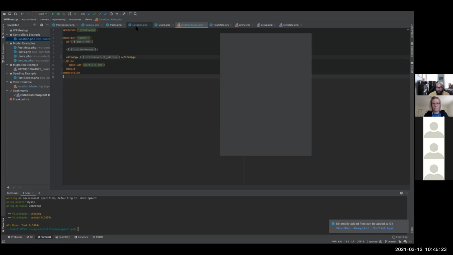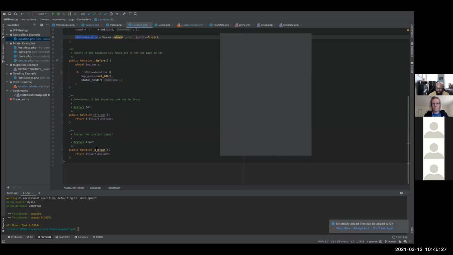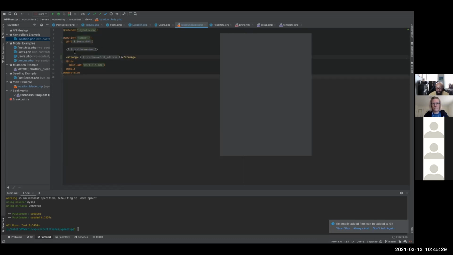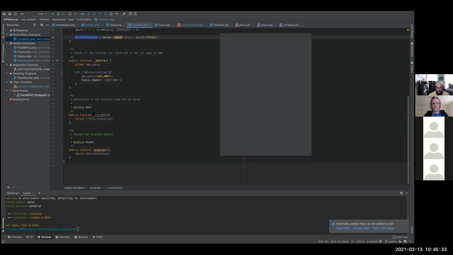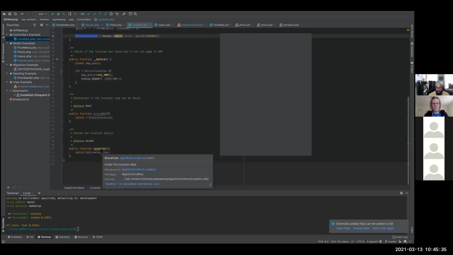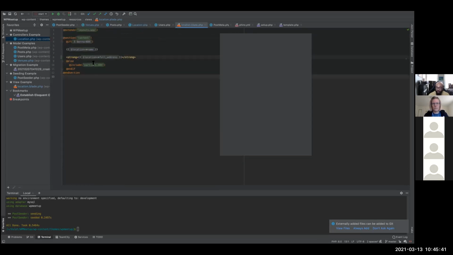Now, when I said the variables that were accessible to me from these public functions, like error, location, here they are, location and error. And I can do this forever. I can just keep on making these public functions to manipulate whatever data I want, return it, and then it will be available to me over here as a variable.